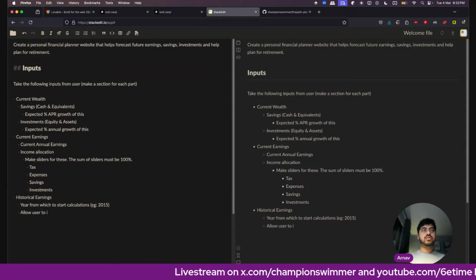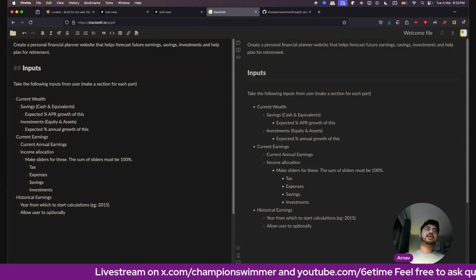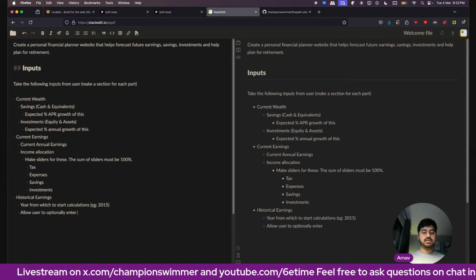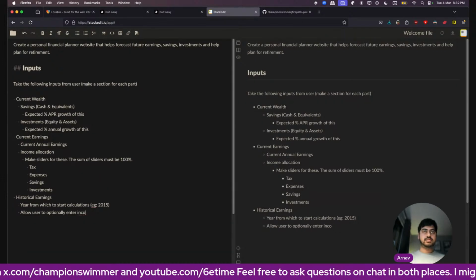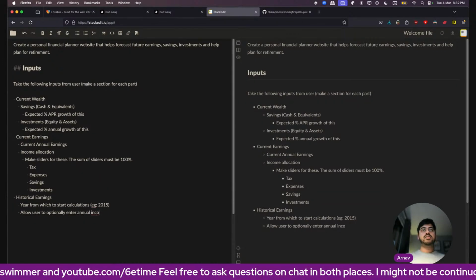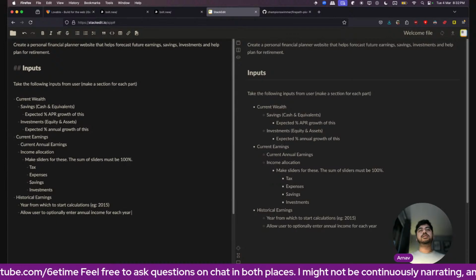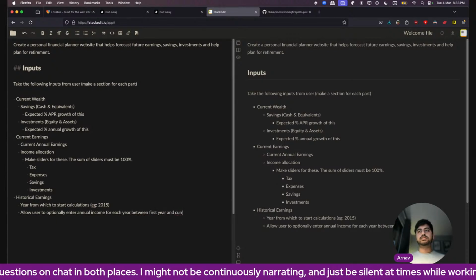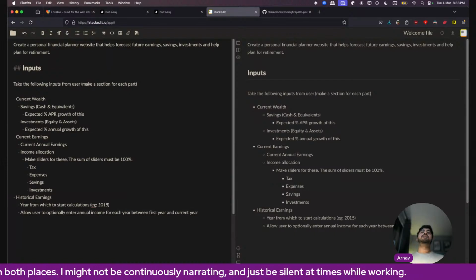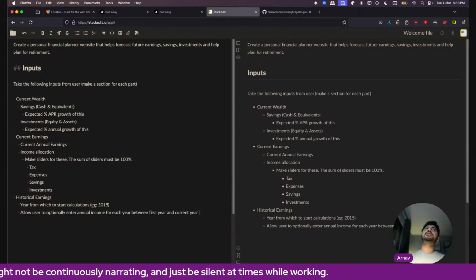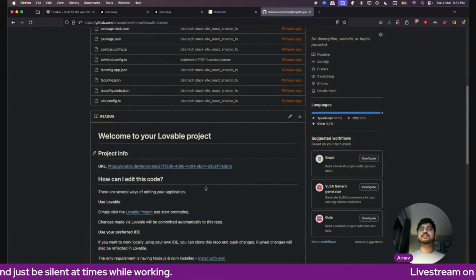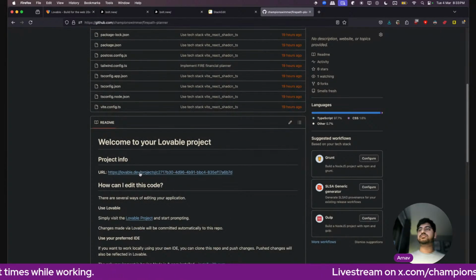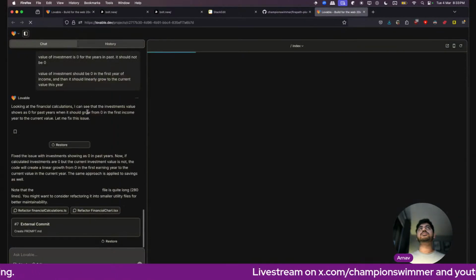Allow user to optionally enter annual income for each year between first year and current year. So it's kind of like the one that was generated here. Right.